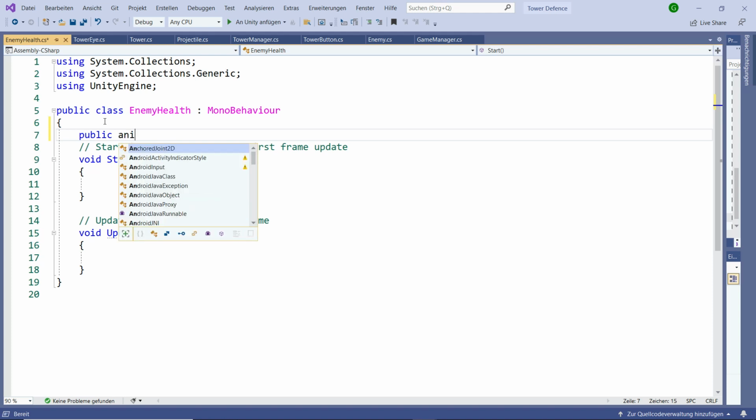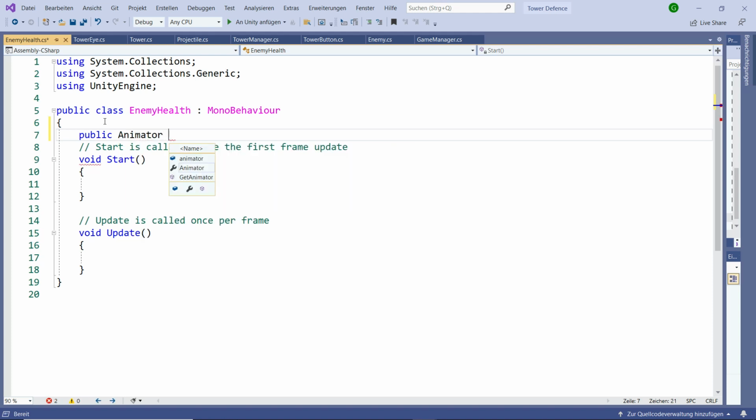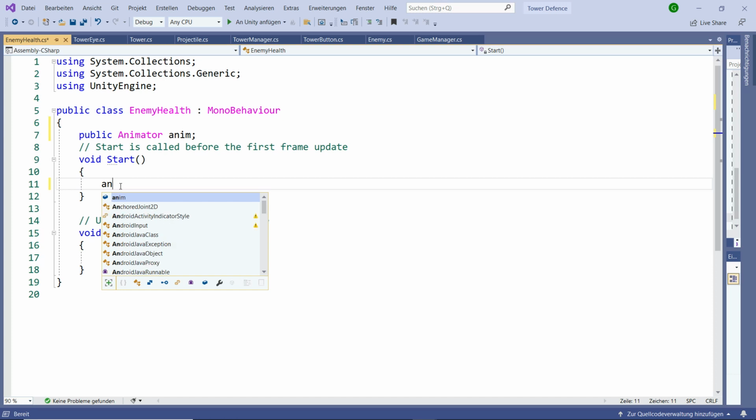public Animator anim, and in the start function we want to get our anim,